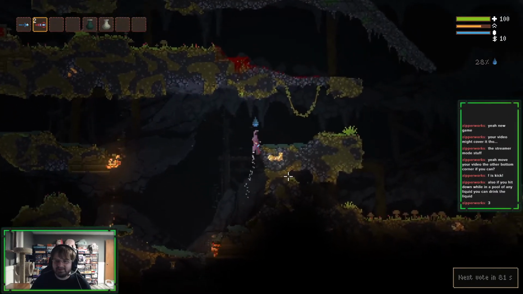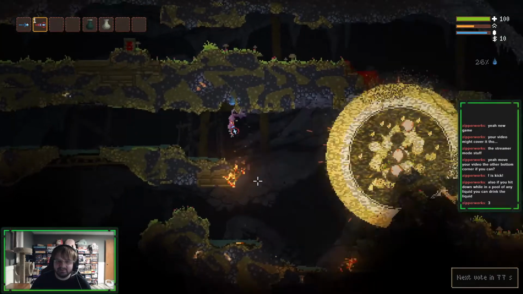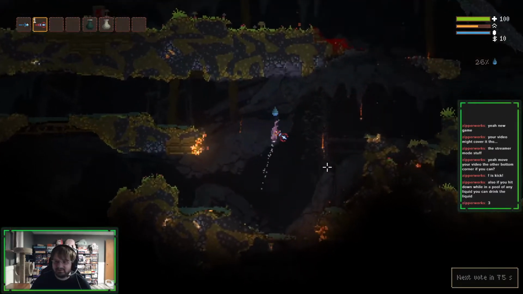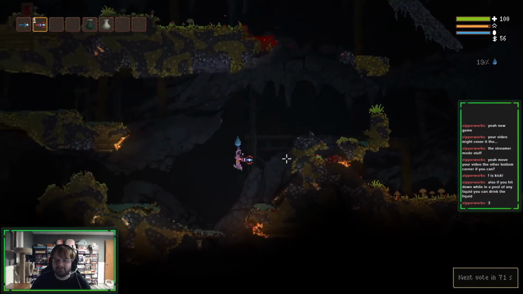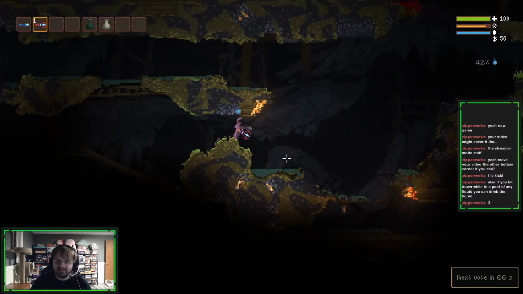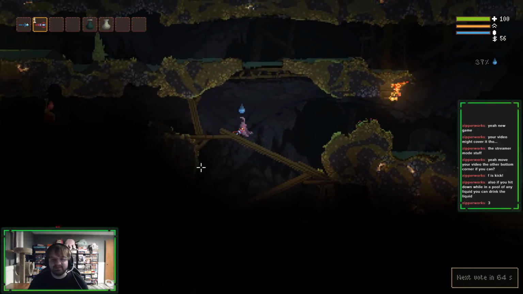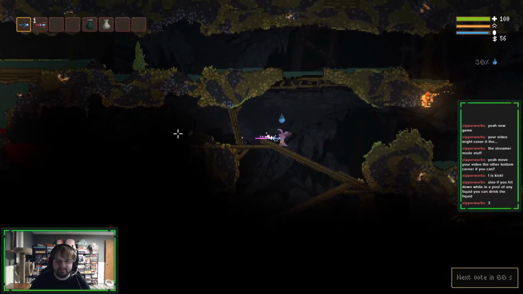Let's see if I can get to this gold. I'll waste all my bombs doing this. I don't even know if it'll let me pick it up. It does! Cool. Don't know what it does, but I picked it up. I have money, I guess, 56. Switch back to my other weapon, although...